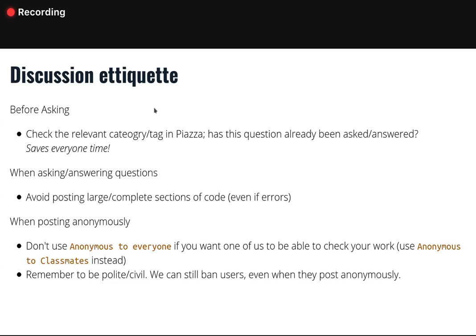Okay, now a couple of quick notes for when you're using Piazza. Check to see if questions exist. Piazza does contain a tool that makes suggestions about questions. If you're asking a question, it might say, I think this might be similar to this other question. Check to see if a question already exists.